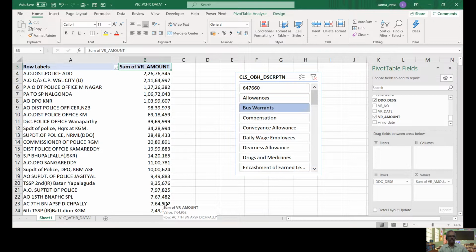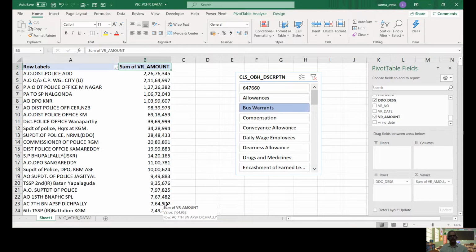Suppose there is any discrepancy between those two, it will naturally be an audit objection. Suppose the drawing officer withdrew the money for any reason and couldn't remit it to the Road Transport Corporation, and it is lying with the DDO. Actually, it should not be. The entire amount should be remitted to the Transport Corporation. So we can obtain the figures from the Road Transport Corporation, because I think they also will receive from each DDO.